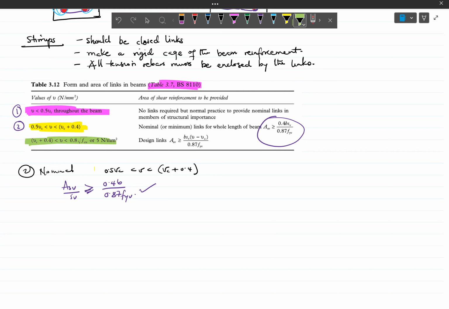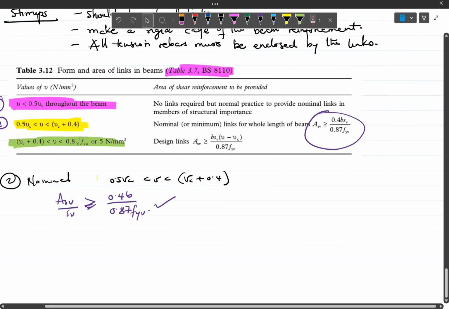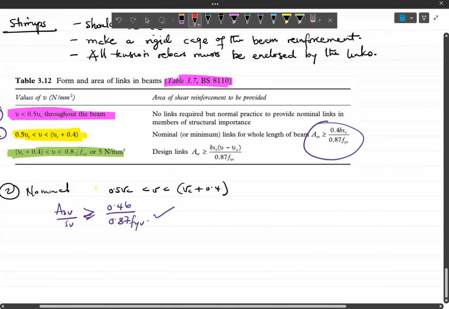But again, the shear stress V should not exceed certain limits. The reason is that we want to prevent diagonal compression failure, as I mentioned earlier. And it's a reason why we have this here